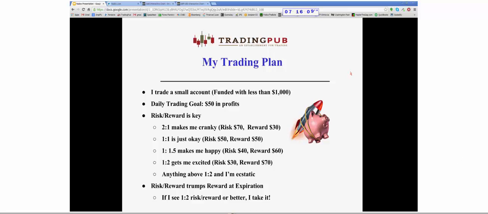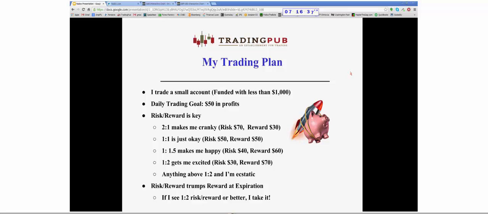Because if I have a goal of making $50 in profits, to reach that target on a 2-to-1 risk-reward ratio, I'd have to put $140 at risk to make $60, and that just doesn't make sense. 1 to 1 is all right, but I still want a really strong plan if I'm going to enter into that type of proposition. I get a little bit more excited if it's 1 to 1.5, where I'm risking $40 to make $60,